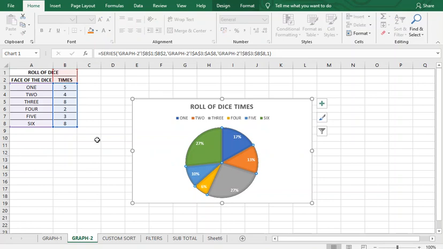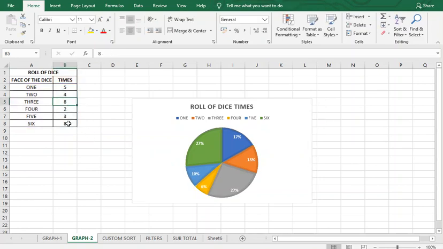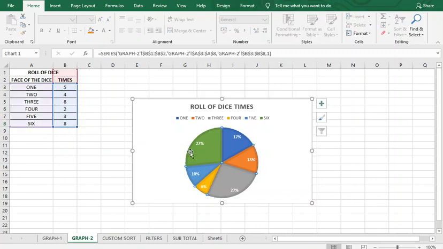And the third says 8, so 4 is 2, 5 is 3, and 6 is 8. Like we said, the maximum number is 27%, which is 8 times.